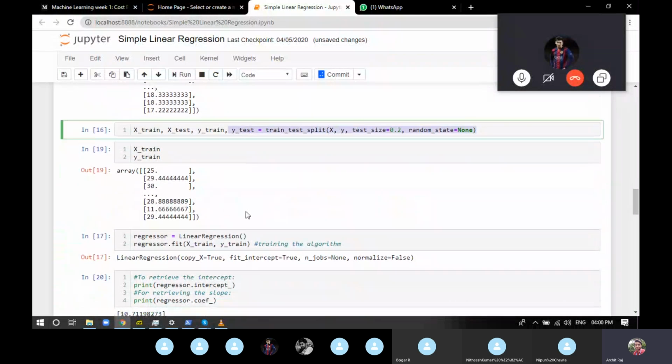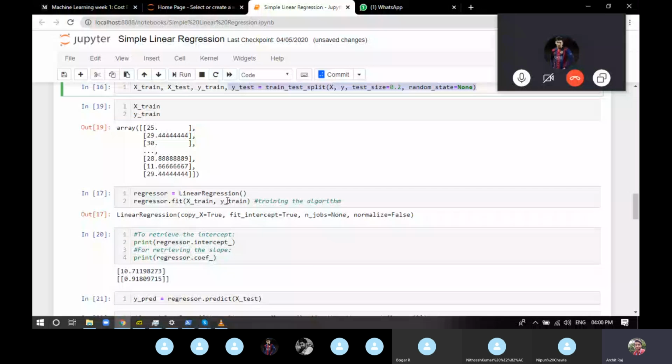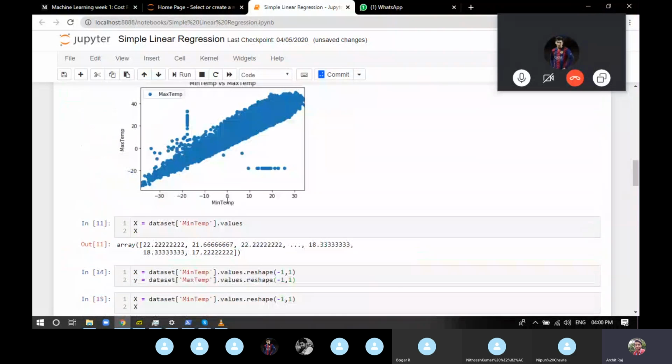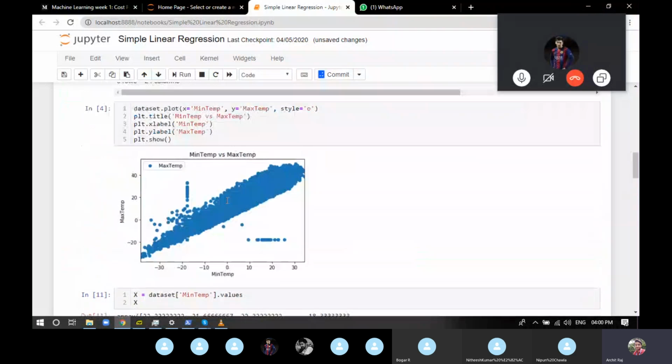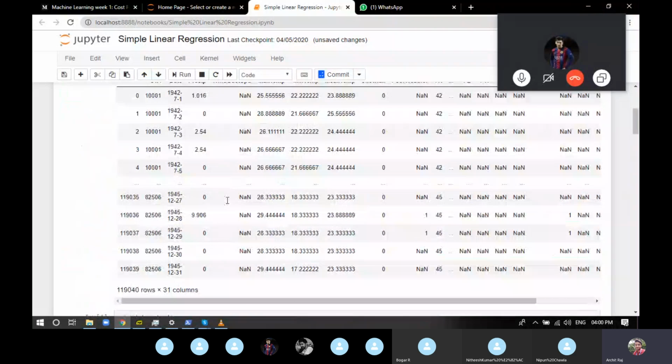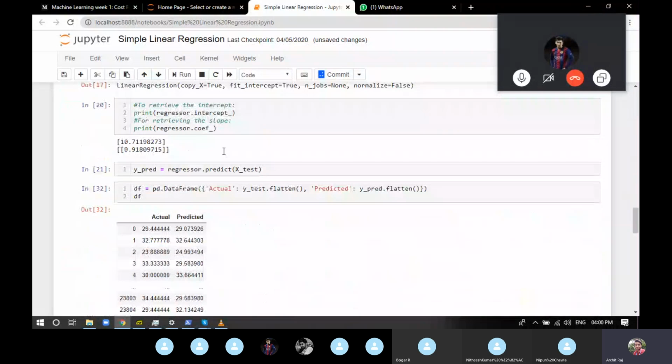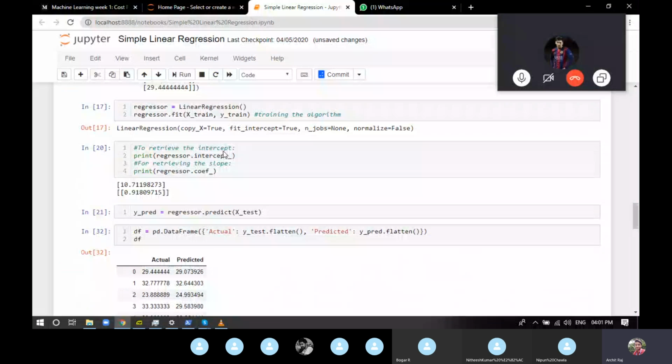Till now, we've just been making the data sure, the data that we want, and making it compatible to the machine. Now we're going to do the exact machine learning part. We have the linear regression package that we included. Now we're going to make an object of that, named regressor. So regressor is equal to LinearRegression. Now the model is ready.